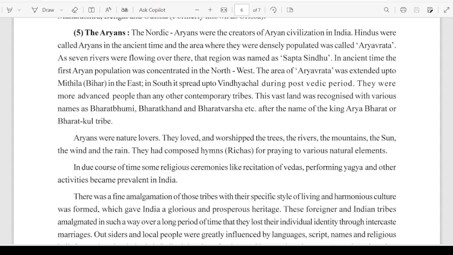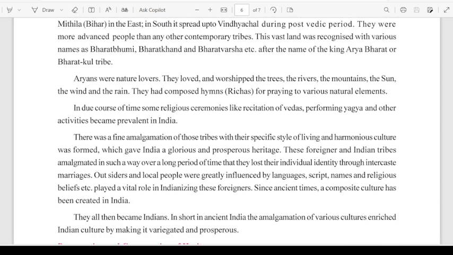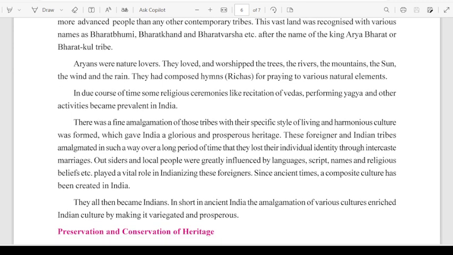India. There was a fine amalgamation of those tribes with their specific style of living, and harmonious culture was formed, which gave India a glorious and prosperous heritage. These foreigner and Indian tribes amalgamated in such a way that over a longer period of time they lost their individual identity through intercaste marriages. Outsiders and local people were